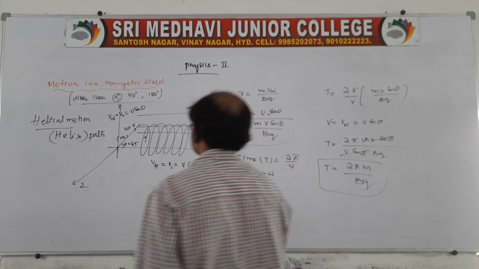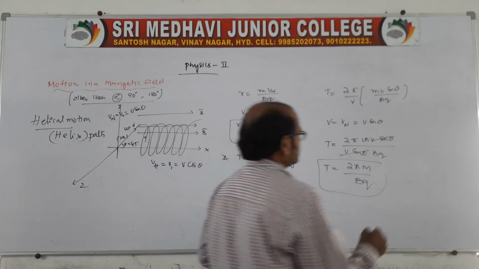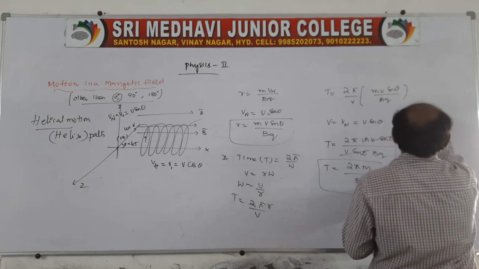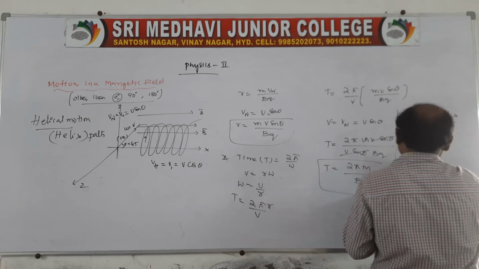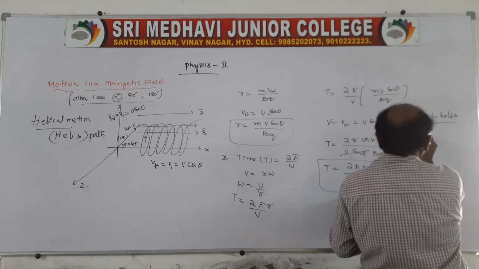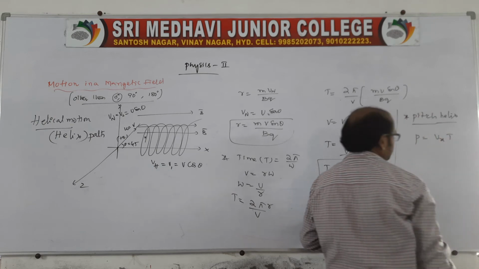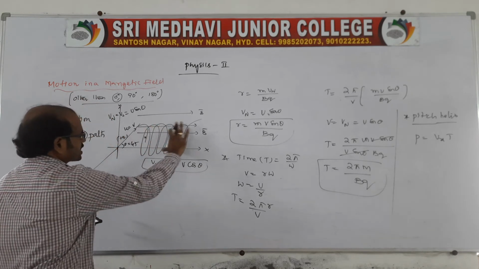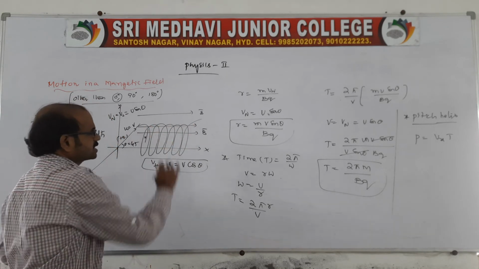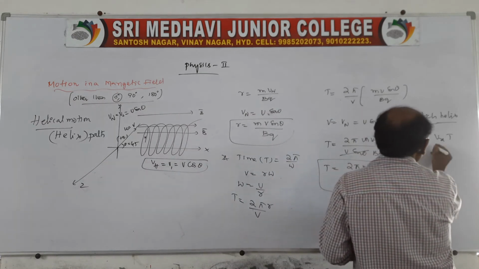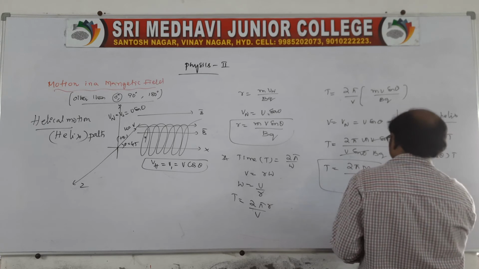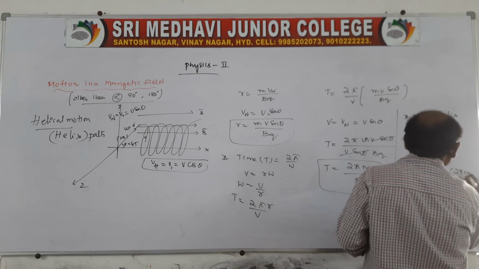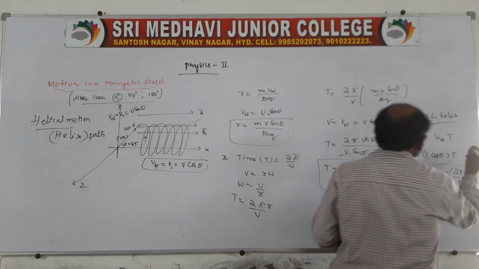Sir, what will be the pitch? So that pitch is nothing but a distance. See here, the question is pitch of the helix. Pitch of helix is nothing but distance. So we can say distance is equal to horizontal velocity into time. What will be the horizontal velocity? That is velocity into time, which means the path covered by the charged particle. So that is V cos theta into total time. Time already we know, so V cos theta into time period, which is 2 pi m by bq. So this is the way.